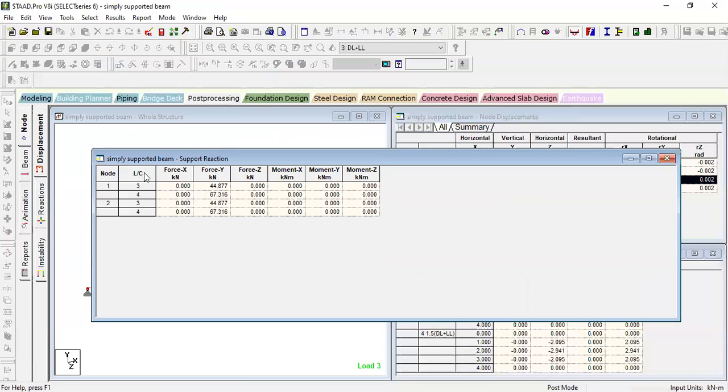This LC means load combination. Fx is axial force. Fy is the support reaction. Fz is the force in the z direction. Mx is the torsion. My is lateral bending, and then Mz is the bending moment. Okay, now only here you can view the support reaction.